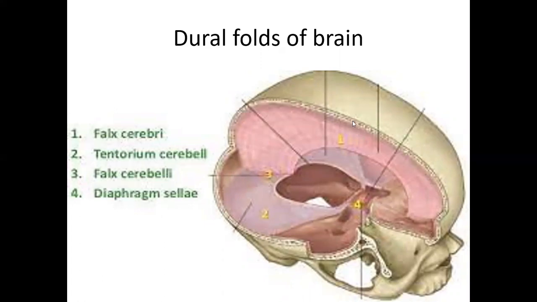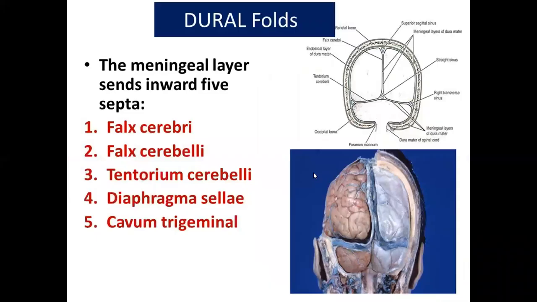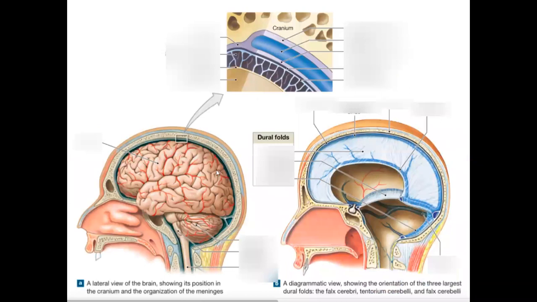So you can see here, this is the falx cerebri, this is the tentorium cerebelli, this is the diaphragma sellae, and this is the falx cerebelli. Again, this is the superior part of the falx cerebri, and the inferior part. This is the tentorium cerebelli protecting the